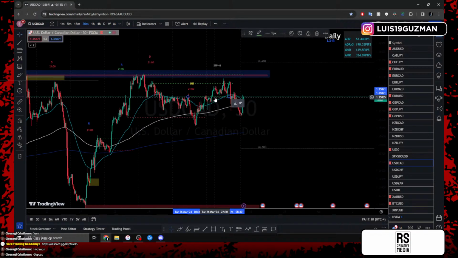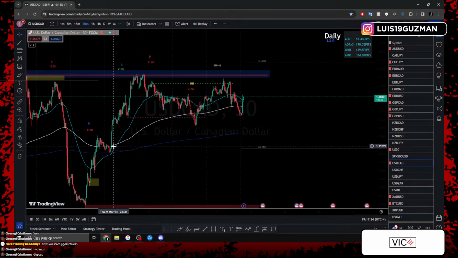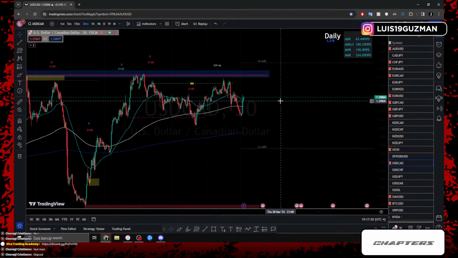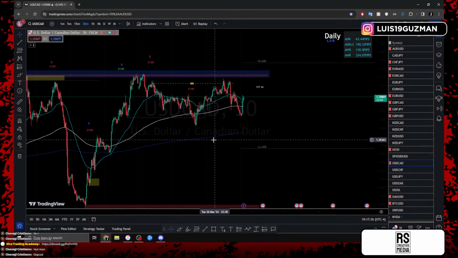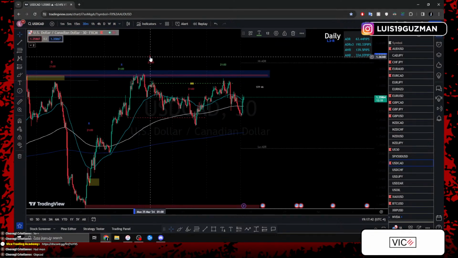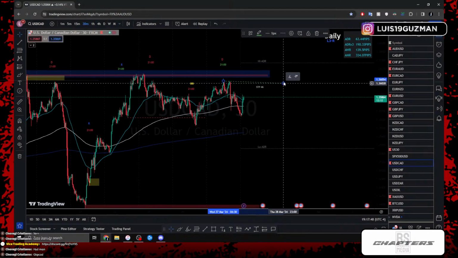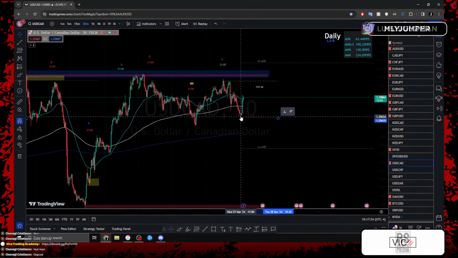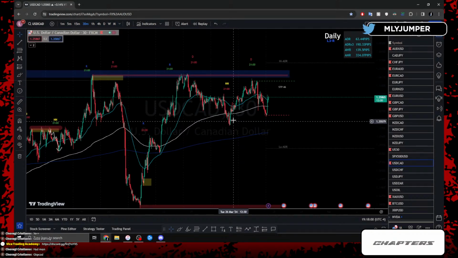USDCAD, have a day of drop. And we know that we're trading between this high, and we'll mark this low as the daily low for now. With price, we can still see how it's consolidating between this high and this low.